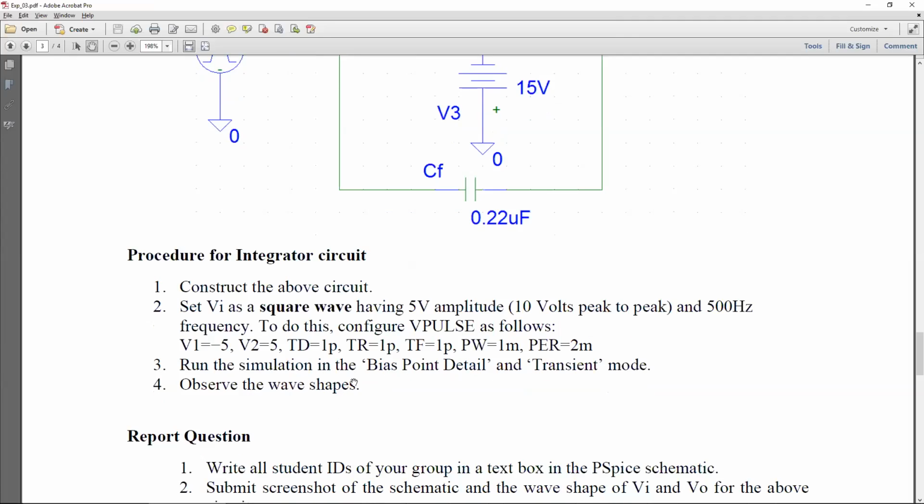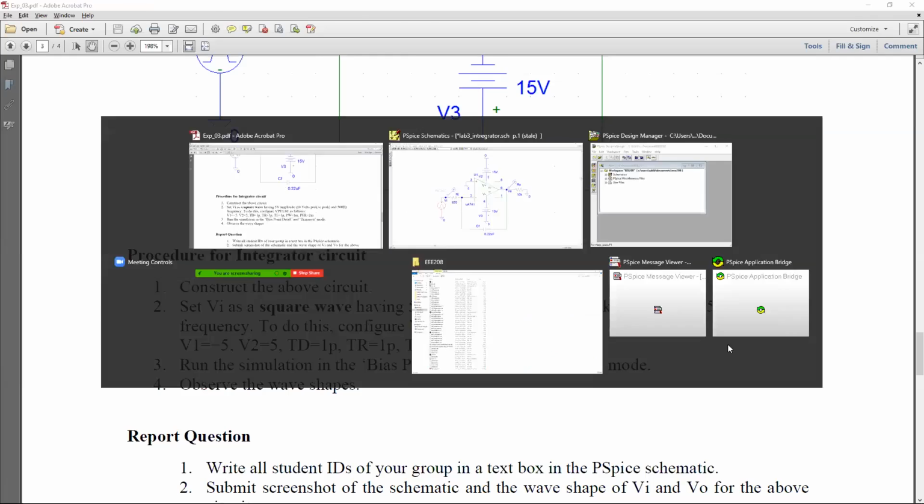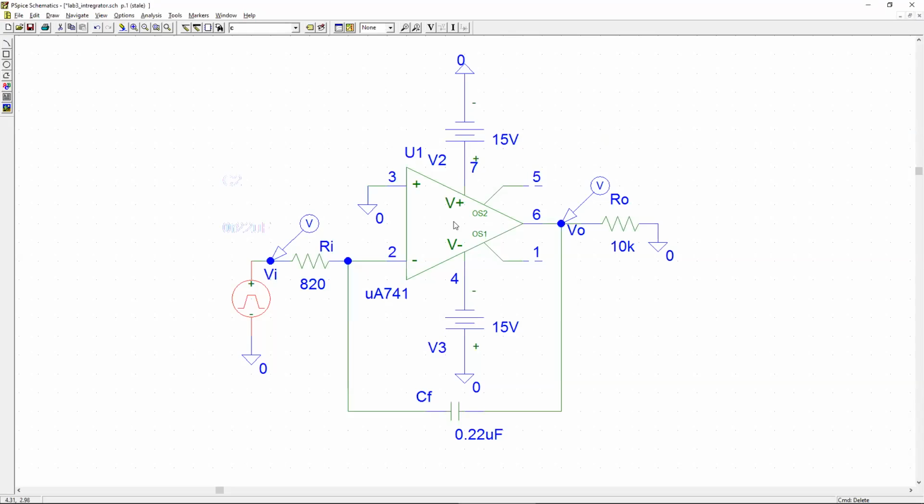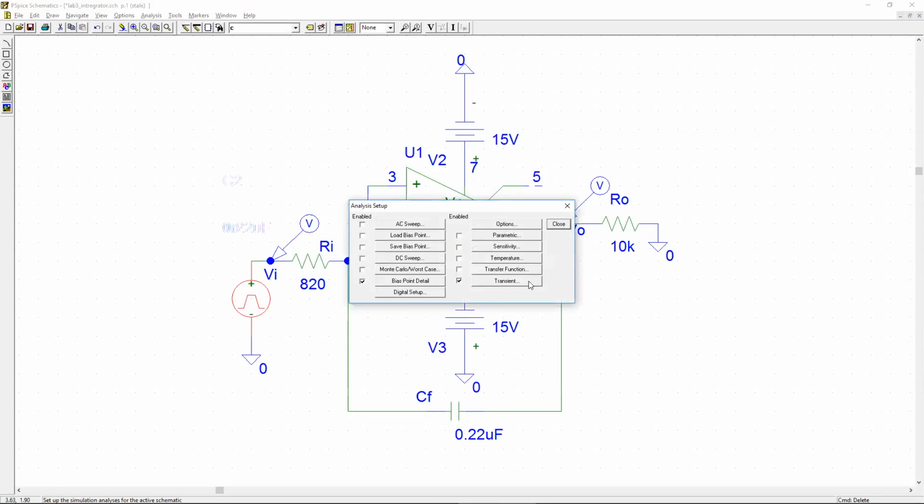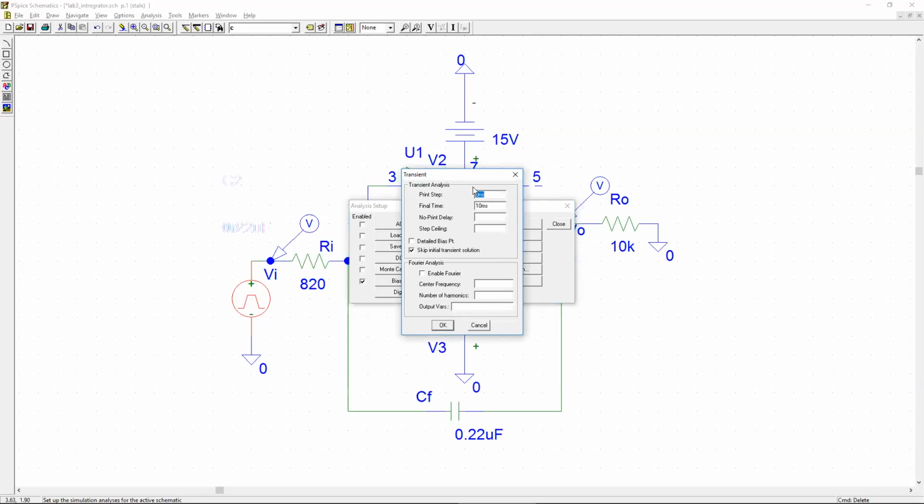And next you need to run the simulation along with bias point detail. You need to simulate in transient mode. In the previous experiment you already noticed that in order to show the wave shape we need to simulate in transient mode. So you need to click on setup analysis, then transient. Initially by default it is unchecked, so you need to check transient, and click on it, and here the final time,